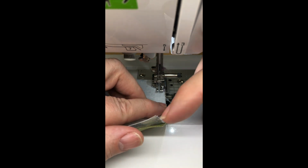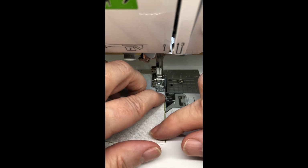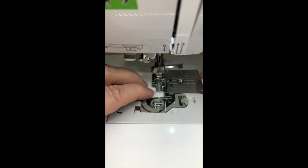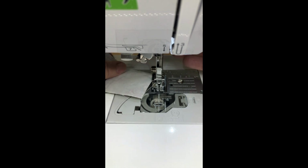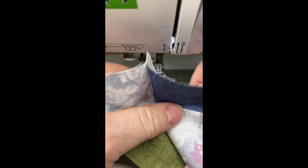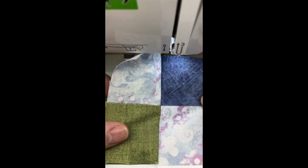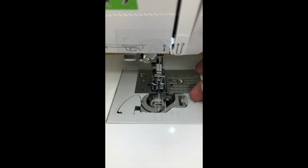Pay attention to your 1/4 inch foot. And trim. Am I 4 for 4? Look at there. It just didn't get any better than that. So now I'm going to go back to the pressing mat, but actually I could go ahead at this point and move into